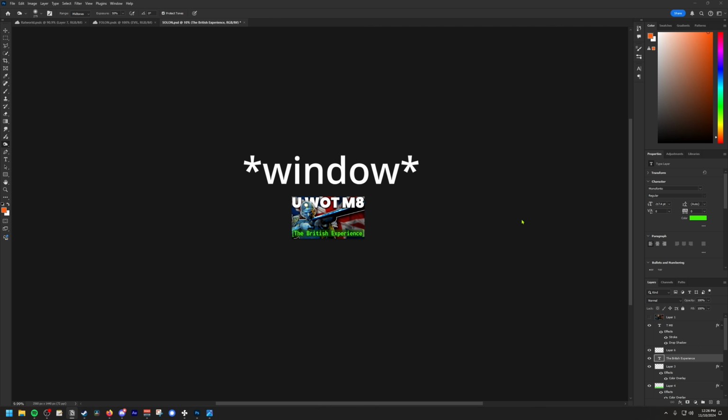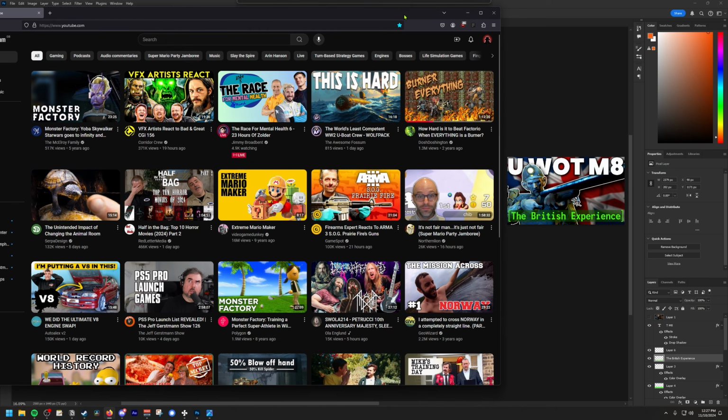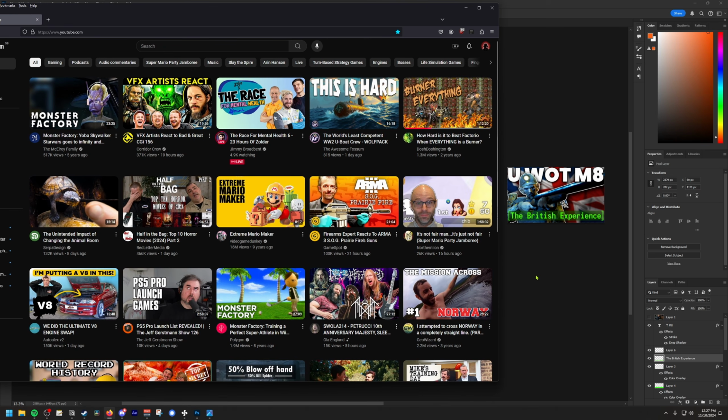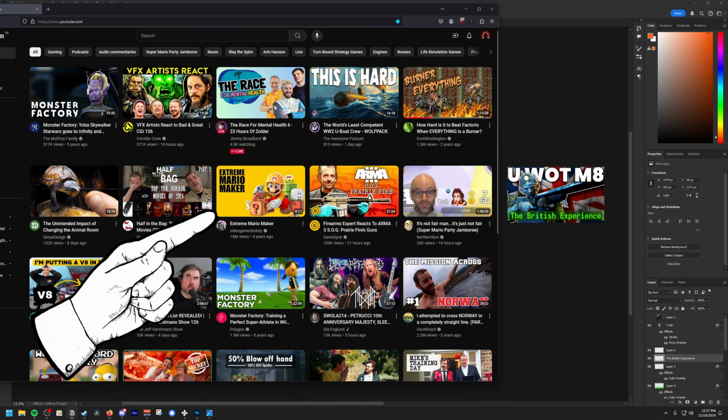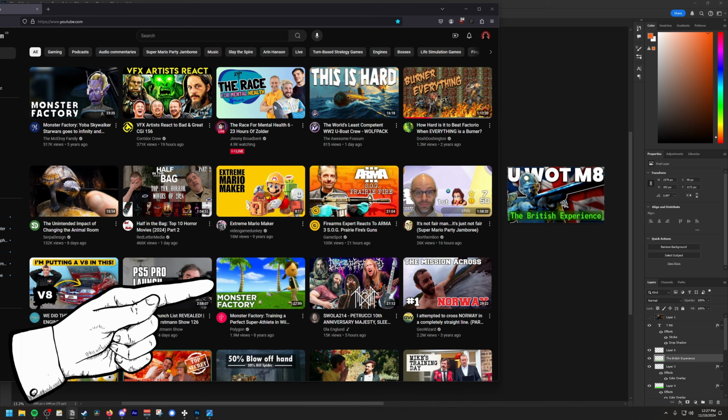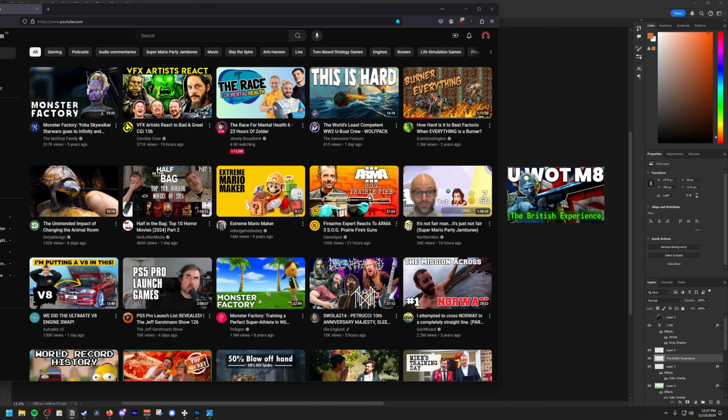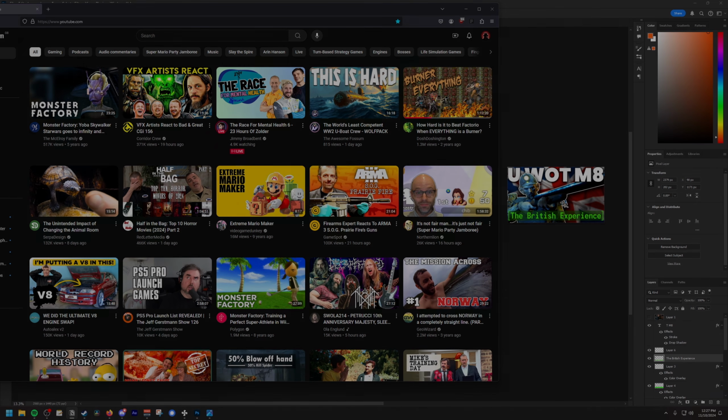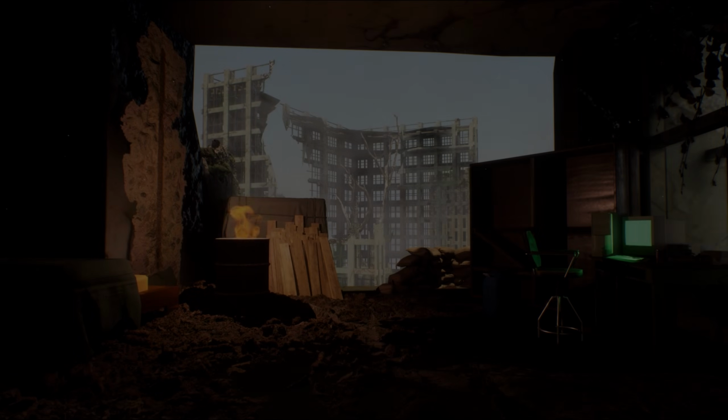Open a YouTube video and look at your thumbnail alongside it. On this screen I'm immediately drawn to Donkey's Mario Maker thumb because it's just insanely bright. Same goes for the Monster Factory video below it for similar reasons, high contrast bright colours. But overall, I think that this Fallout London thumb does a pretty good job. I don't find that when I look at my screen here as a whole, it's comparatively dull and hiding in the background. So there you go, that's just about everything that I think I can offer when it comes to